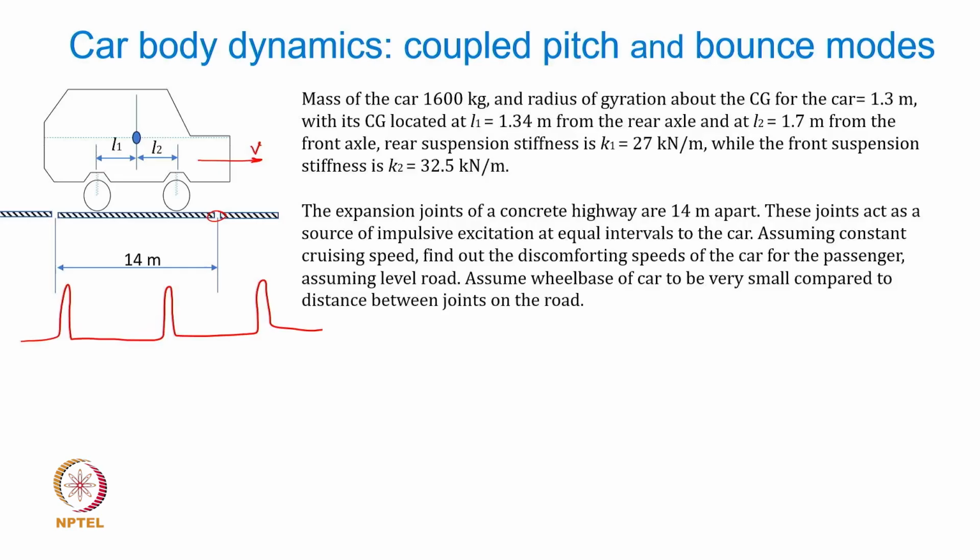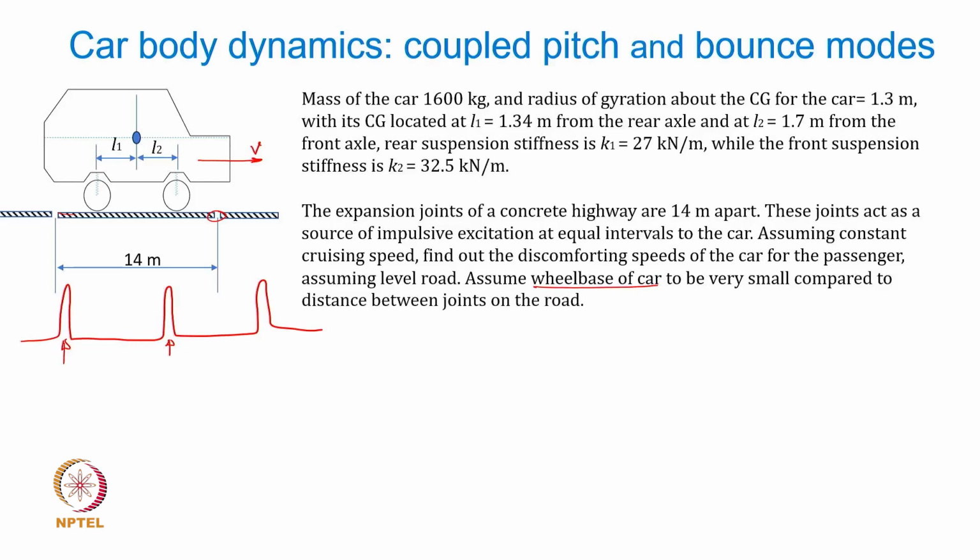Assuming constant cruising speed, you need to find out the discomforting speeds assuming level road. So, that means there are no undulations on the road profile here, it is assumed to be absolutely flat, so that the excitation to the wheels only happens at the expansion joint. So, as the wheel crosses or moves past these expansion joints, there is a slight small impulsive excitation that takes place. For the sake of simplicity, we are simply assuming